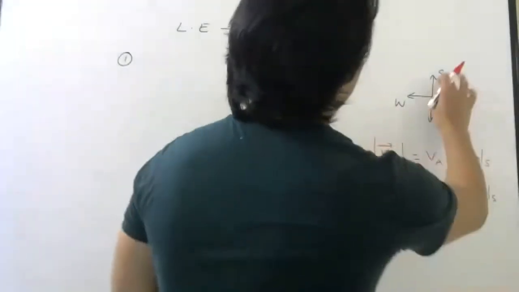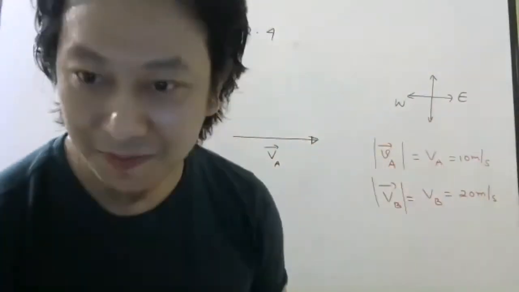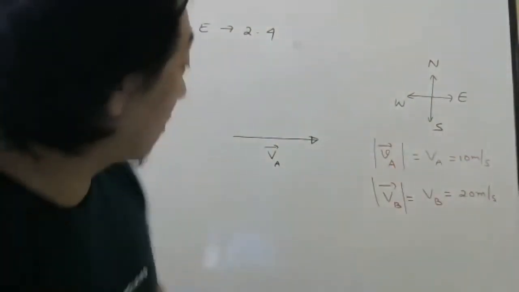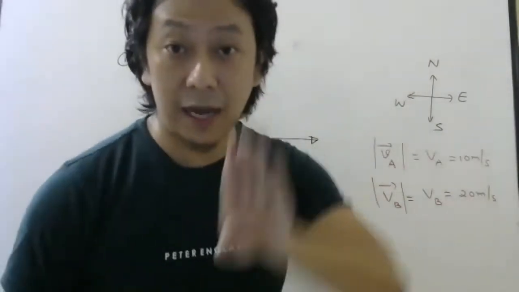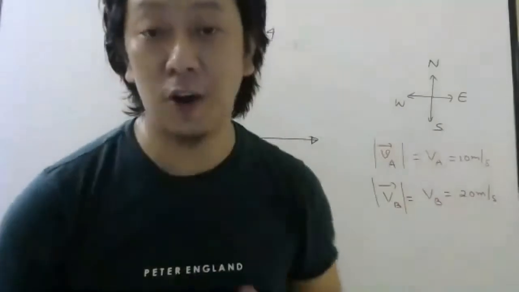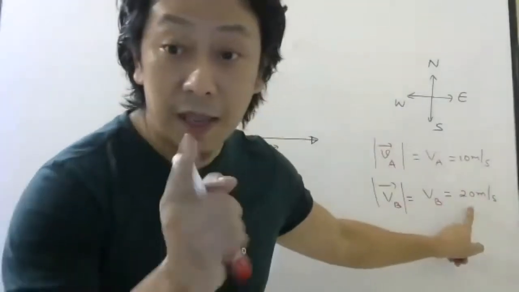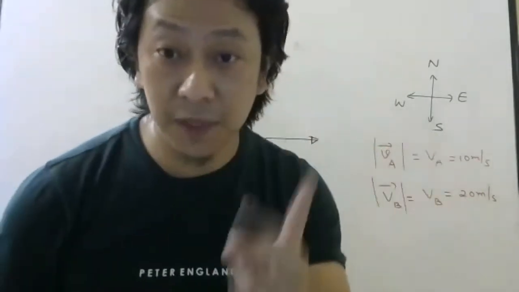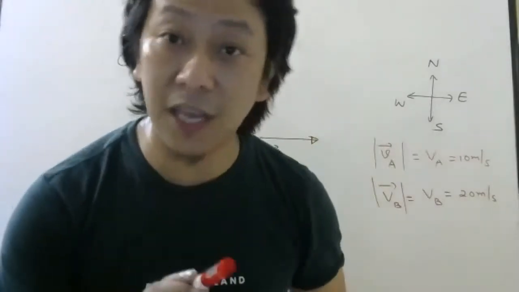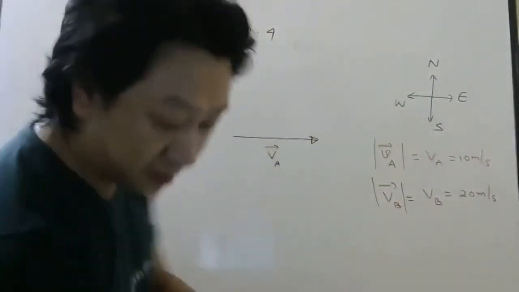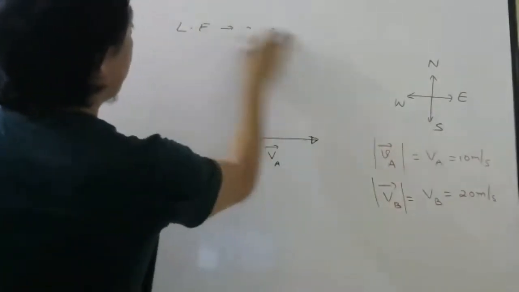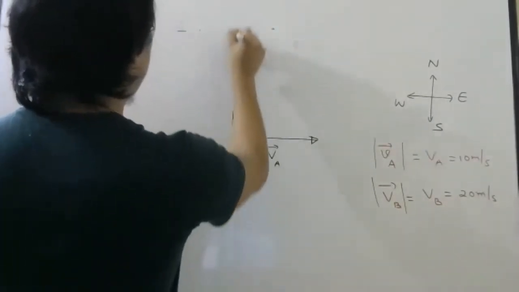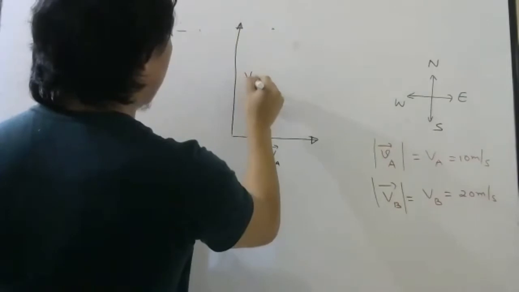East, west, oh yeah, sorry. North should be here. Correct, Raksha? North should be here, right? South should be here. So north means I should put the arrow mark upwards in this direction. Now the length should be how much? Since the magnitude is 20 and the first one you have already written 10, the second one must be double. You cannot draw any length you want. So the first one is this much, the second one must be double. So this much is 10, so 10, 10. Somewhere here it should be, something like that.